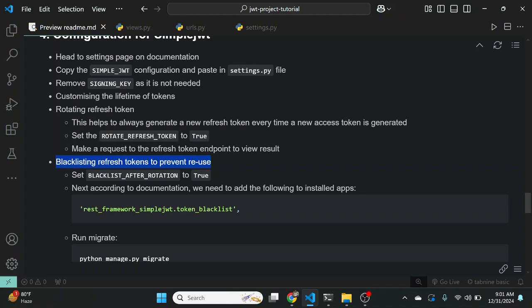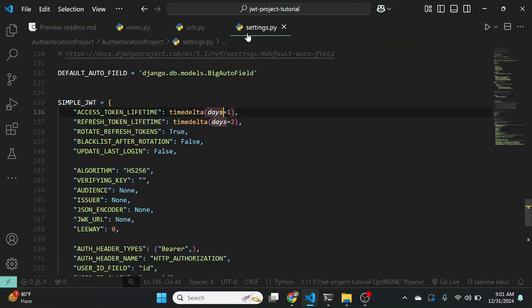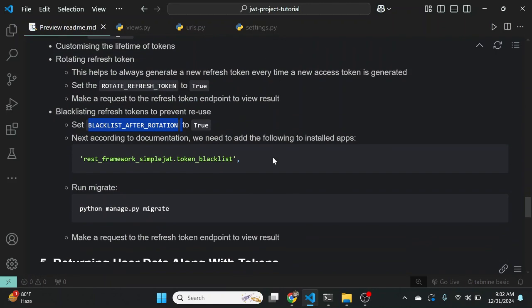So what we need to do is set blacklist after rotation to true. We head back to the settings, and where we see blacklist after rotation, we're going to set this to true so that refresh tokens can only be used once. Now that isn't all we need to do, in order to make sure that our blacklisting of tokens works properly,